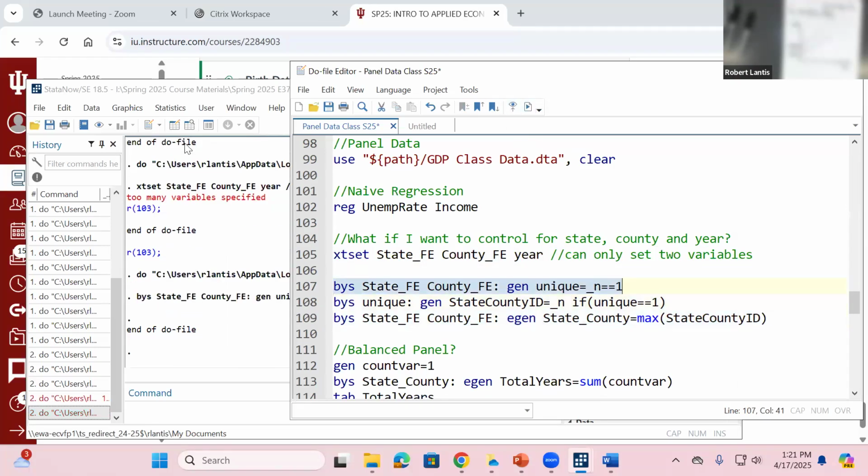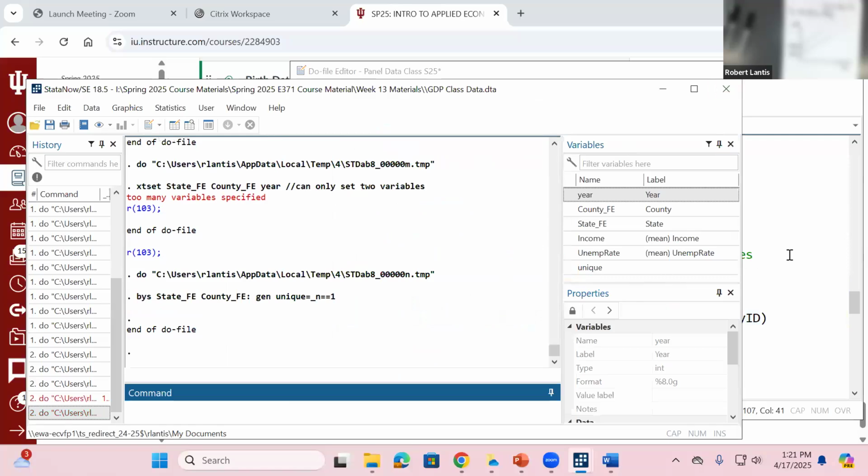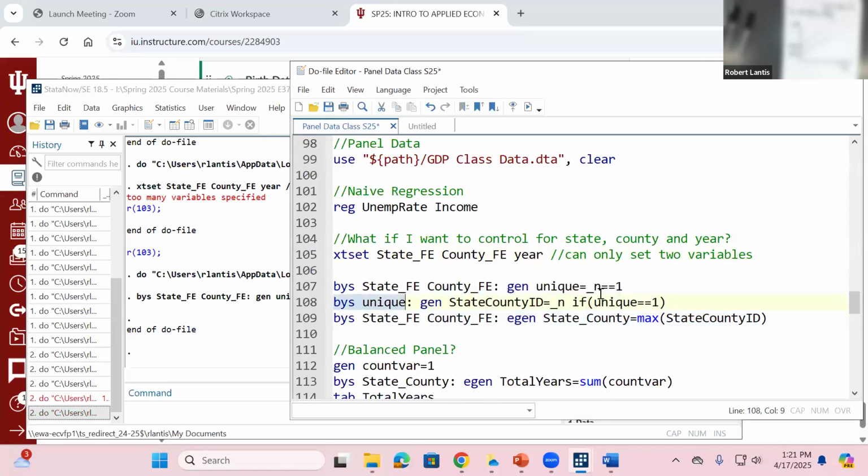So this syntax will put a unique number for every state county. For the first observation, it puts a 1. So new state county puts a 1. New state county puts a 1. Okay. The next line of code will sort those so that every time I have that first observation, it's going to set this up so that _n means start with 1, then put a 2, 3, 4, 5. So every time I have the first observation of a state county,